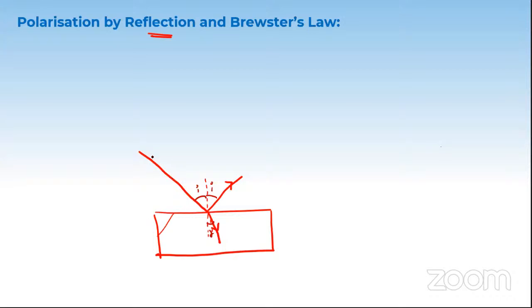But what I'm going to do is take an unpolarized light, and this unpolarized light is incident on a glass or a surface which is separating two mediums. So there is a medium of refractive index n1 here, and a medium of refractive index n2 here. So there are two different mediums. When an unpolarized light hits this interface, it undergoes partial reflection and partial refraction. So this light wave will get reflected as well as refracted.